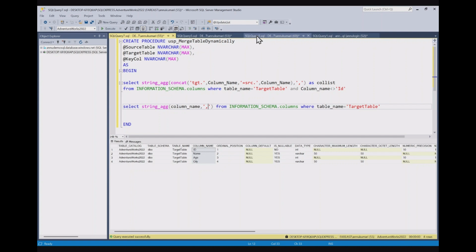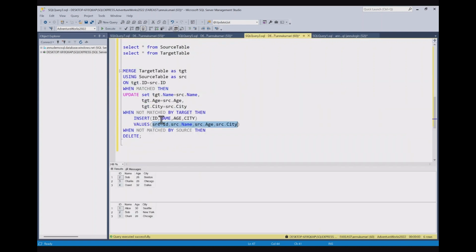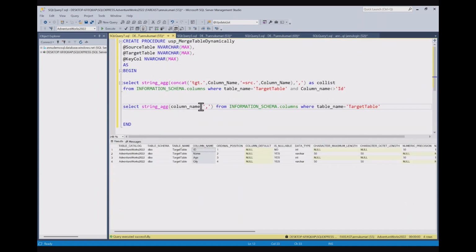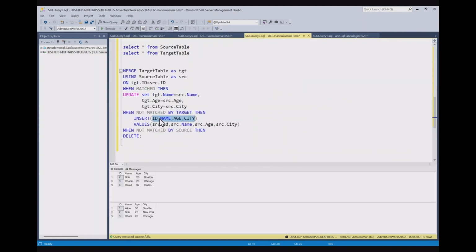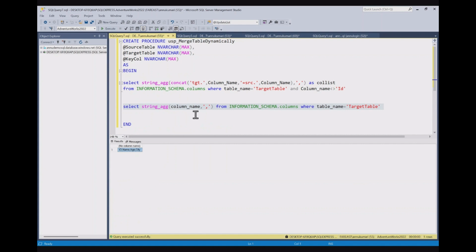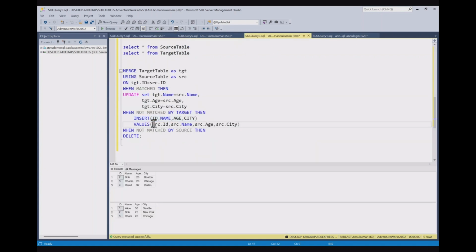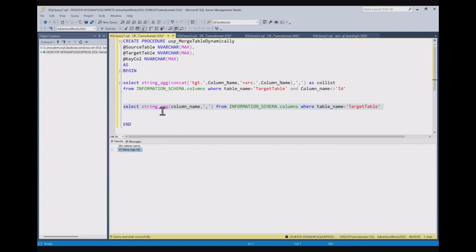On the basis of comma we will be separating it, because here you can see id comma name comma age comma city. So on comma delimiter we will be using this key values of this insert statement. So we have already achieved this, and now to get the values dynamically, let me again copy this,